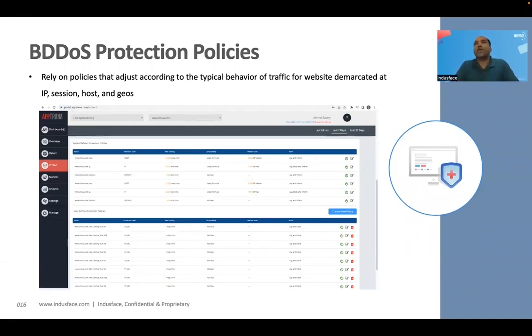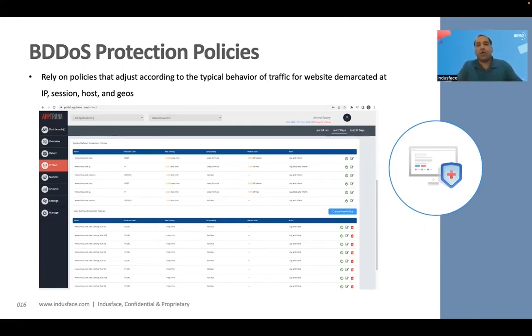So when it comes to, say, the host-based policies, they are designed such that when there's a sudden increase in the number of requests coming to your application, then you are notified, and our managed service team is also notified. This is done because no matter how granular the controls you put in, there can always be